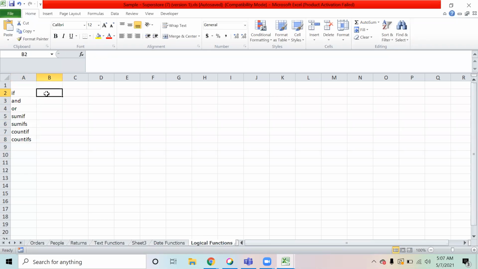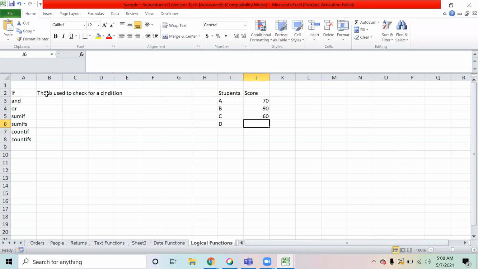IF is a function that we have in Excel. This is used to check for a condition. For example, I have the data of some students A, B, C, D, and this is the score that they made. This one scored 70, this one scored 90, this one scored 60, and this one scored 40.